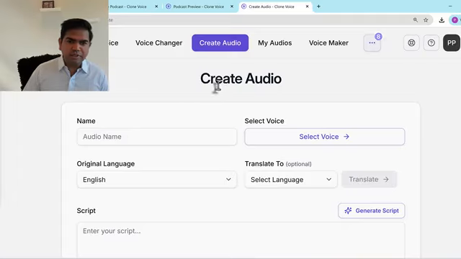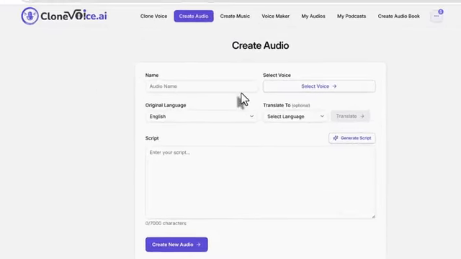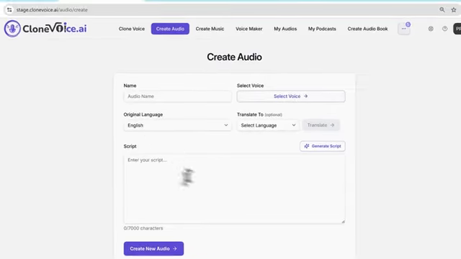So now this is how the create audio tab works. Very straightforward. There's a lot of options, but I'll walk you through it so you get a better understanding. I'll zoom my screen. Your clone voices can now be utilized to generate professional audios, and you can also use our generic voices and standard voices that are included here. In addition, you can translate and create multilingual audios here. Basically, the create audio section works as an all-inclusive section where you can generate professional audio and bring it all together with multiple speakers through our block system.